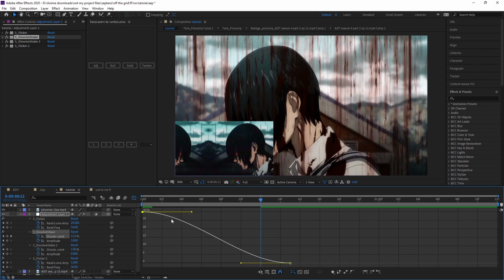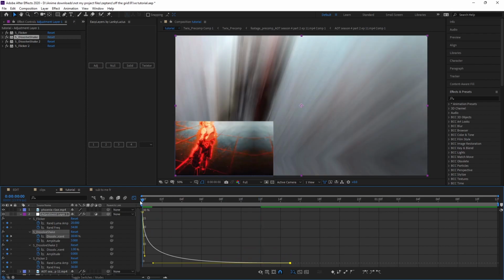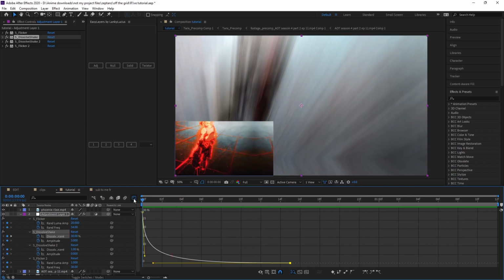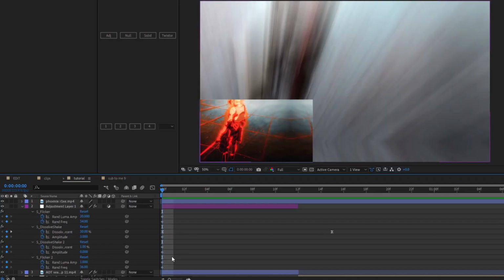And for the graph, we're going to be doing something like this. That might get changed later. But as you can see, we're getting there a little bit, but obviously we still have a lot of fixing to do. So now for the second shake, I'm actually going to start the keyframes 1 frame later,